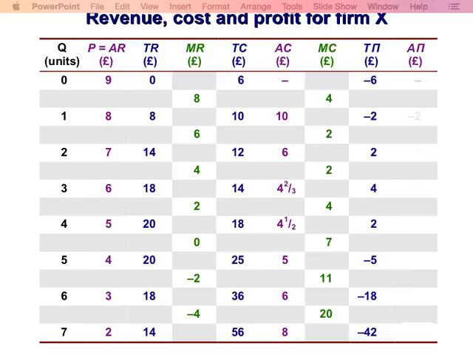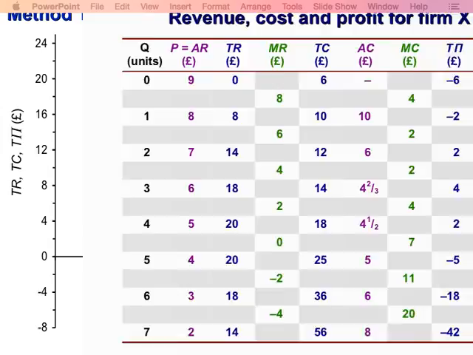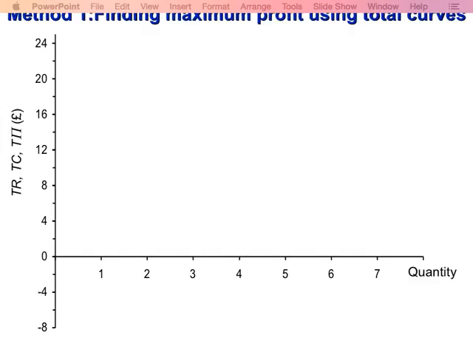Alright, so average profit is the profit divided by the quantity. Now let's see how they behave using the first method, and we'll try to find the profit maximizing output. Economists are interested in finding the profit maximizing output level. They are not interested in the absolute profits, but in when we will maximize our profit and at what point we should stop producing more. That's the question we are interested in.